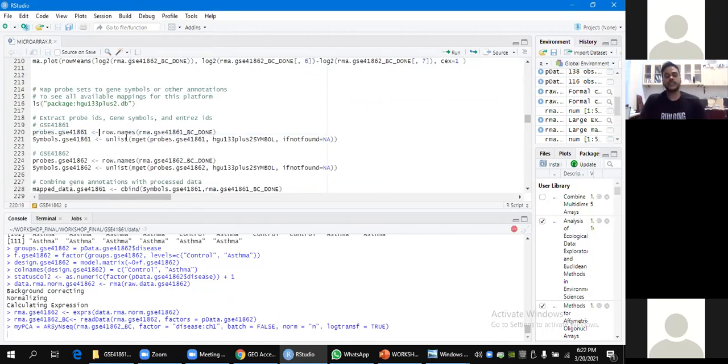Initially, the data sets always contain the probe IDs, which are the unique identifiers, and we need to map them to unique gene symbols before using them for differential expression analysis. So I will show you how a processed data set looks after batch correcting.